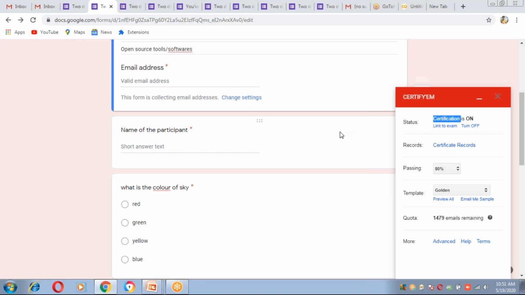By clicking on this status, the responses will come, showing to whom we want to send the certificate. Click on send certificate, then definitely the certificate will be mailed to us. So that is the only pending step. Okay.